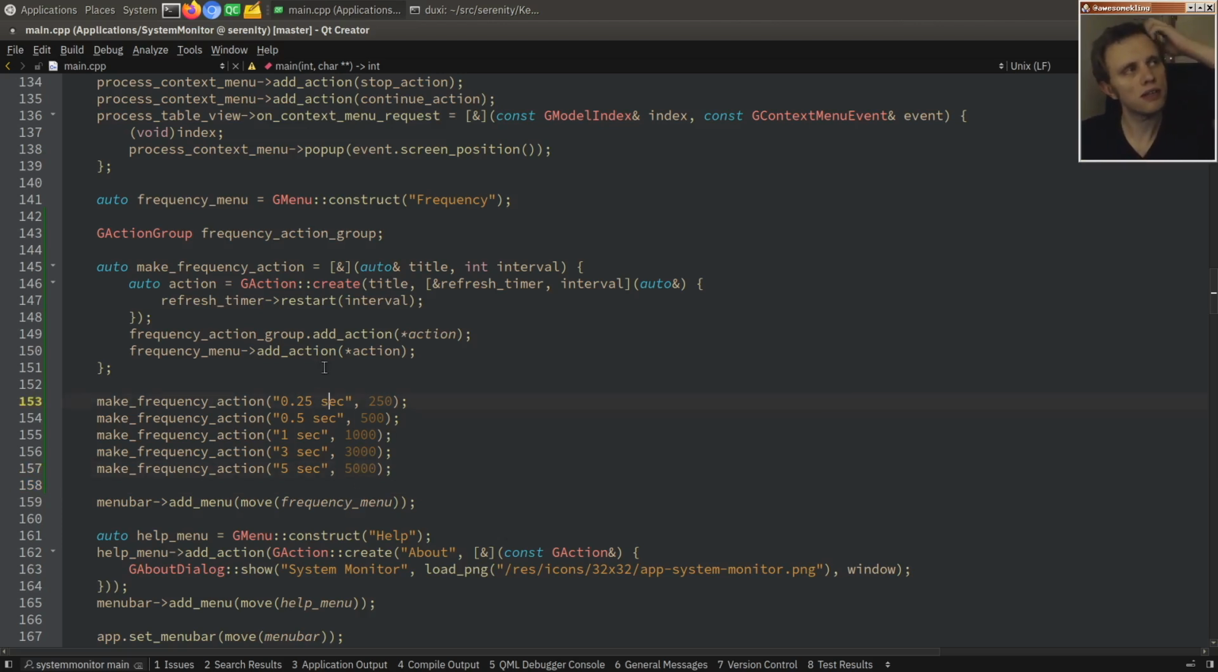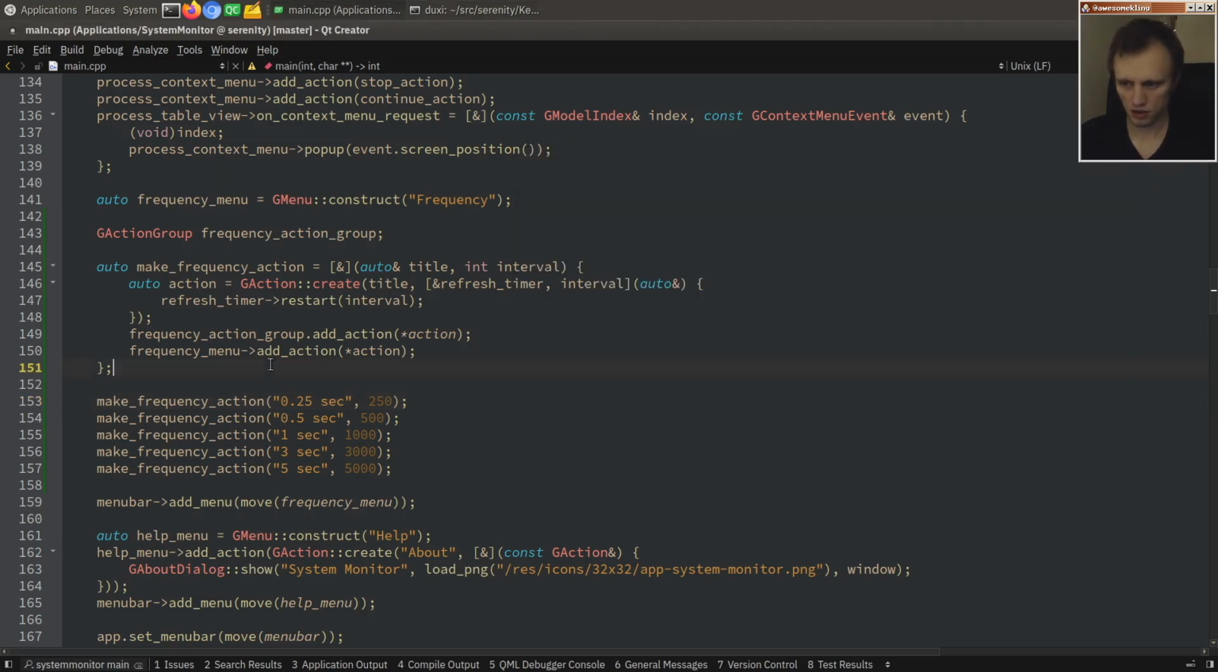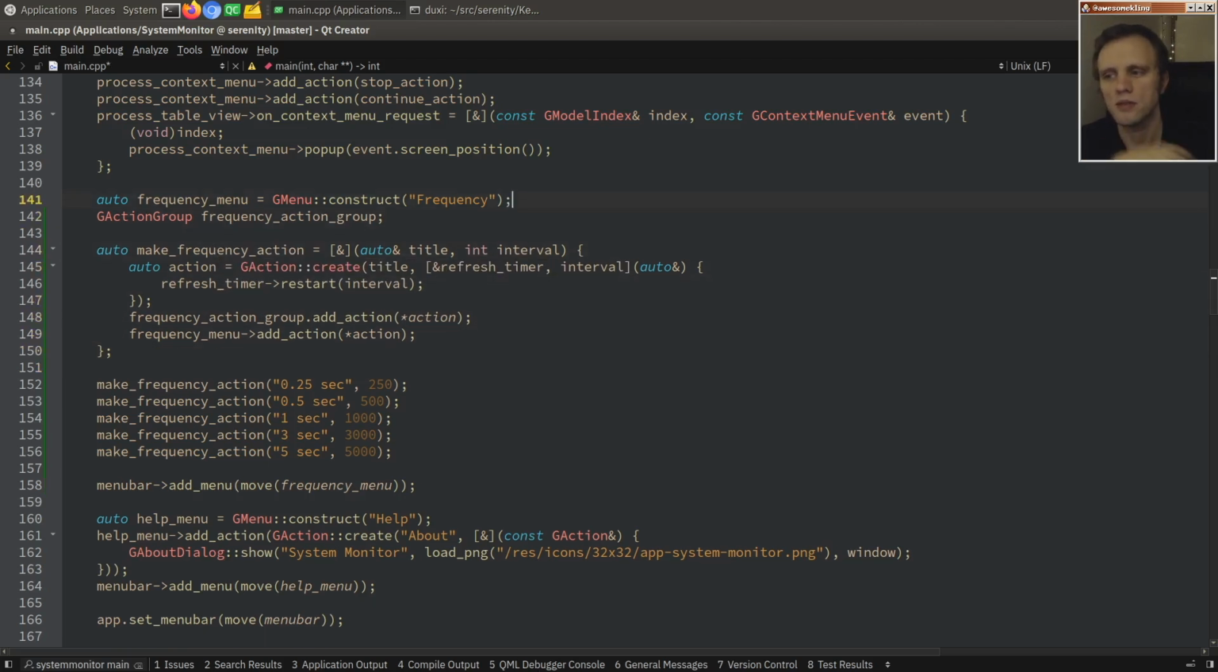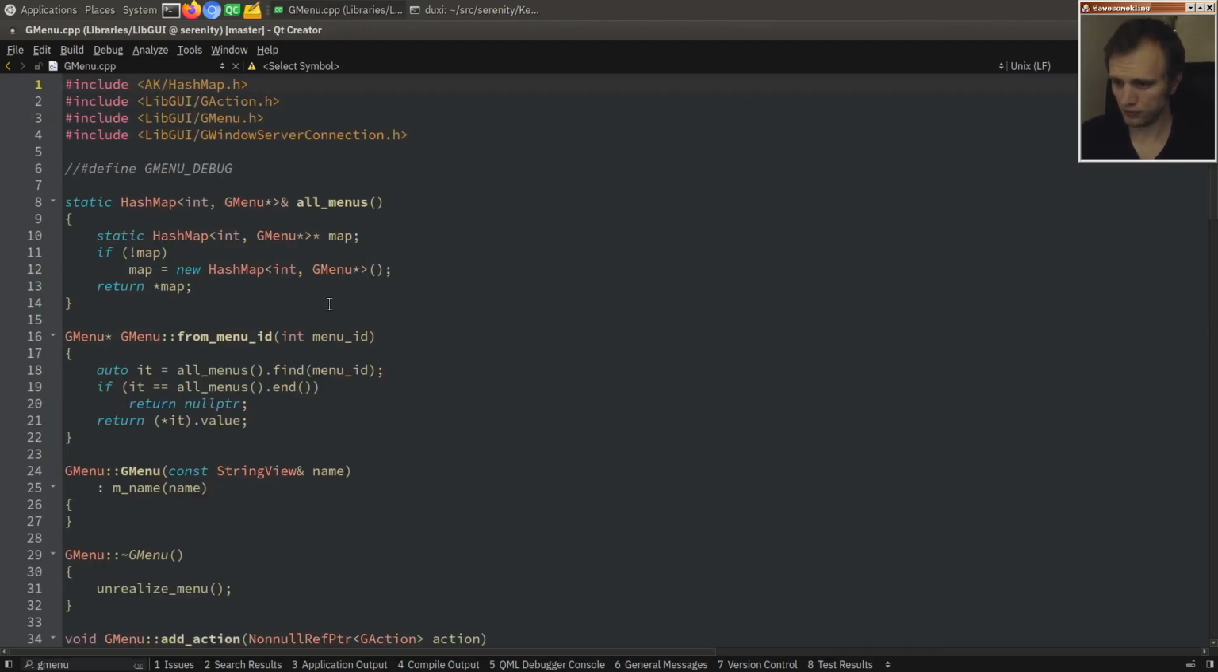So what we really want to do now is, for every action that participates in an action group, send some information over to the Windows server, because the menus all live in the Windows server. When we create menus in one of the clients of the Windows server, we're just pushing over all of the menu data to the Windows server over IPC, and then the Windows server creates menu objects on its side, and we just get IDs for them. So that happens. We send IPC messages in GMenu